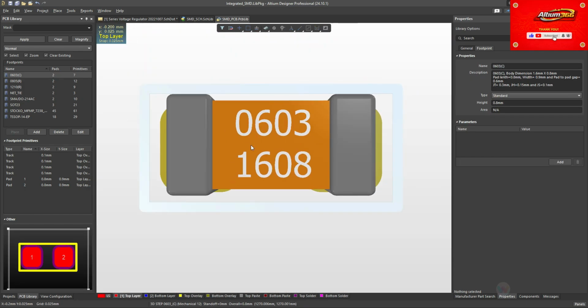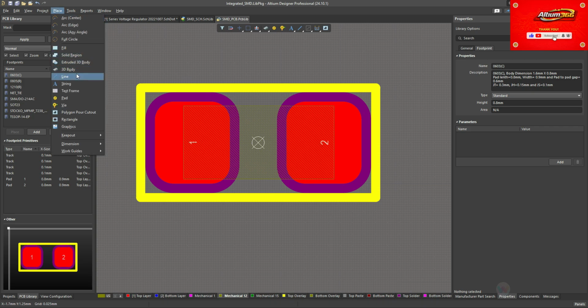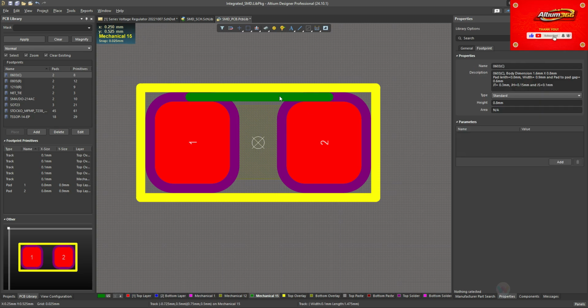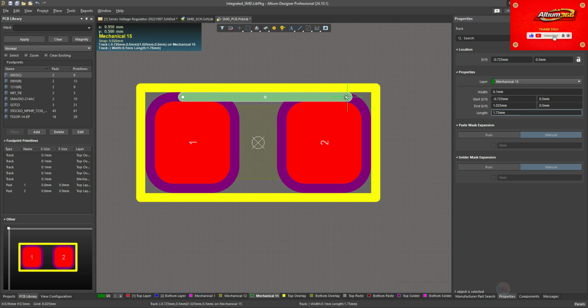So here you can see that. Then what we need is one more layer here, which I call the courtyard of the 3D body. And for that, you can go to the place line. Then again, I normally put it on the mechanical layer 15 cap, and then you will come back, and it's 1.75. So just double click here, 1.4, so change it to 1.75, and then bring it to the center. Here you can see the center point. So this center point has here, so here you can see that it's 0.875 two times with 1.75, and then place it here at the